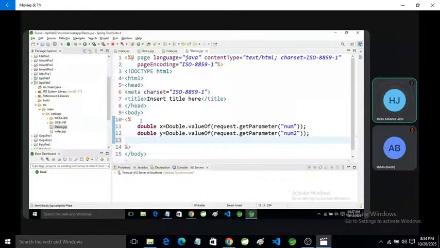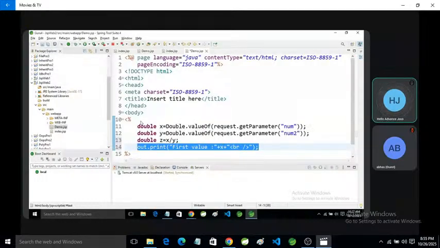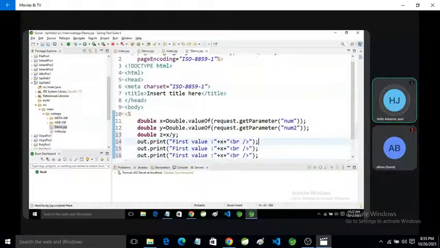Okay, and we want to show the output. So double z is equal to x upon y, and here print first value plus x, same as we can print the y, and the result z.